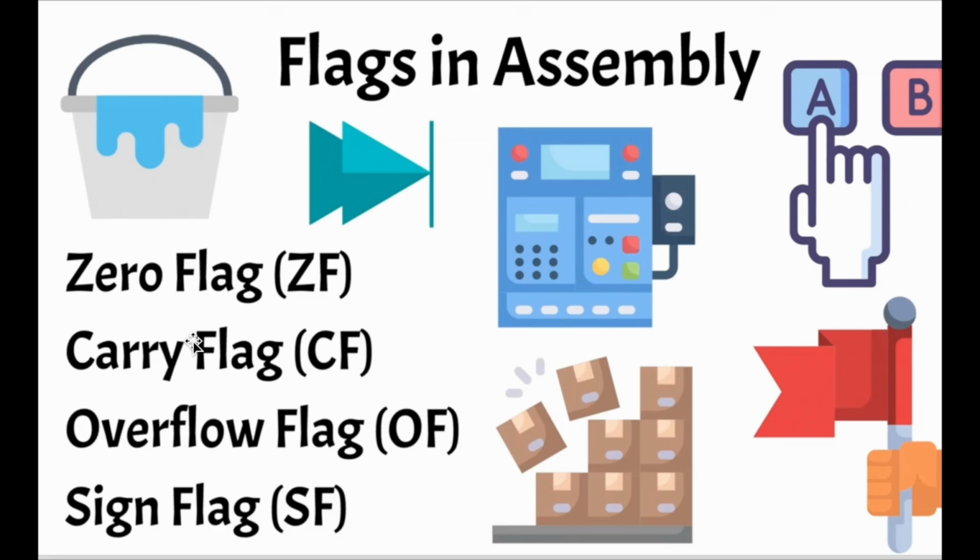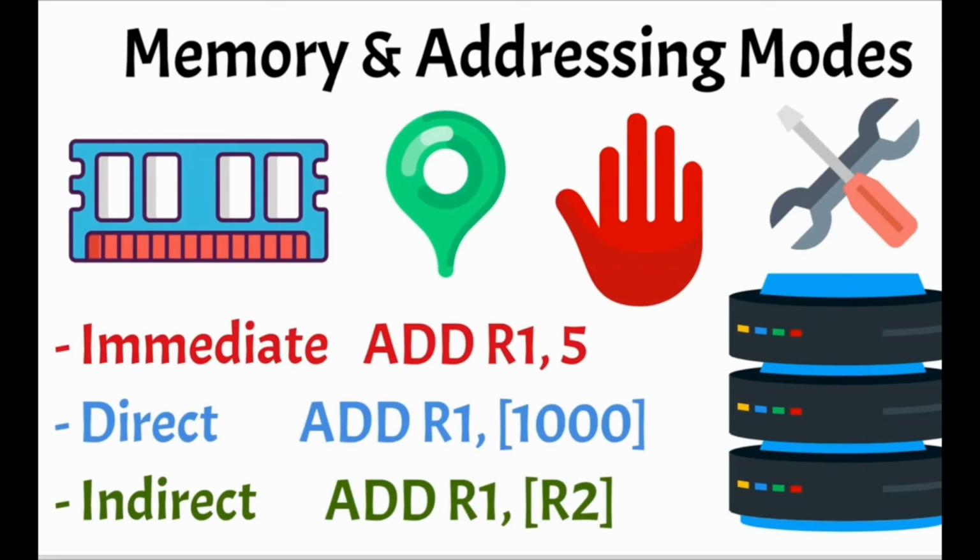Let's take a look at the overflow flag. That tracks whether an arithmetic operation results in an overflow. Obviously, it's similar to the carry flag. The carry flag will carry that overflow and will communicate with the overflow flag. The sign flag indicates whether the result is negative or positive. And there are other flags as well, not mentioned here because this is supposed to be just an introductory